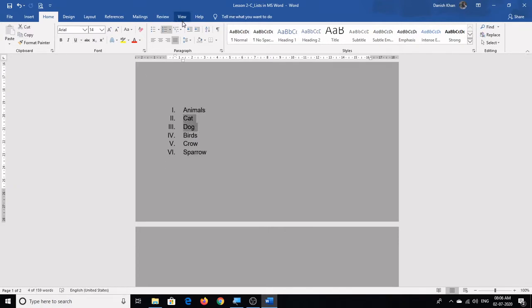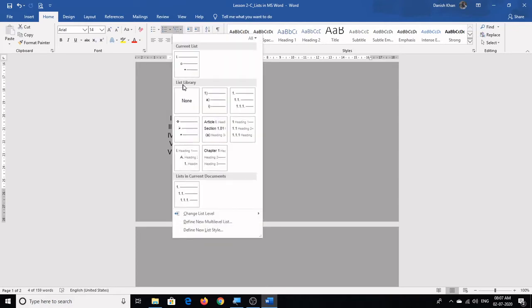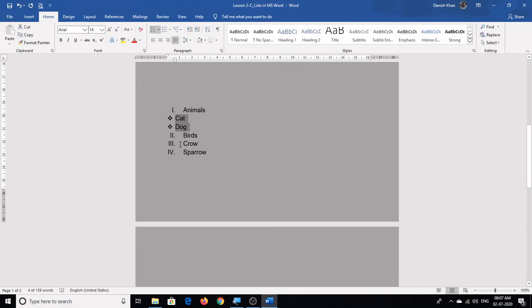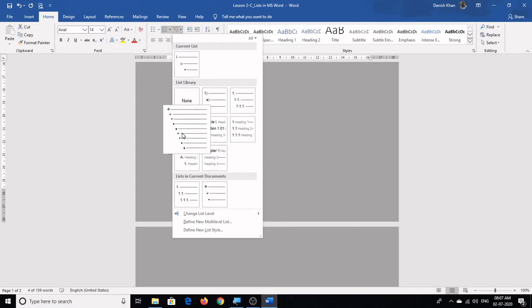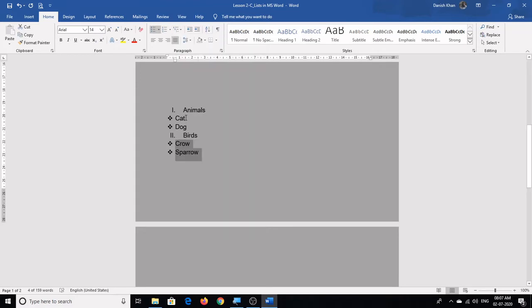You can select these two items, go to multi-level, click on multi-level and you click on the type which you want. For example, I want to make it bulleted. Can you see? Similarly, these two also you can select and you can make it bulleted, or you can as well give numbering. Now since these two lists are subset of these two items, they should be indented inside. So you can click on this indent. Similarly, select this and click on this indent icon. So this way you can create multi-level list. So this is one way of creating multi-level list.